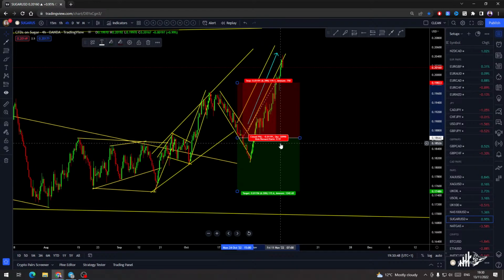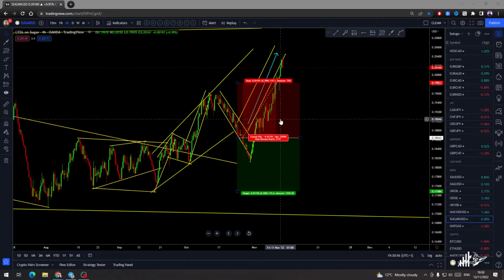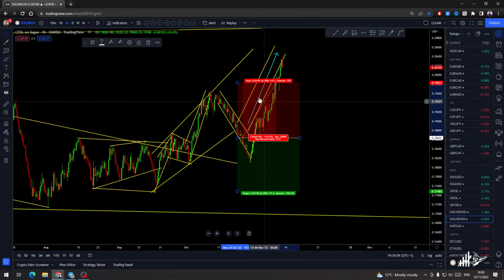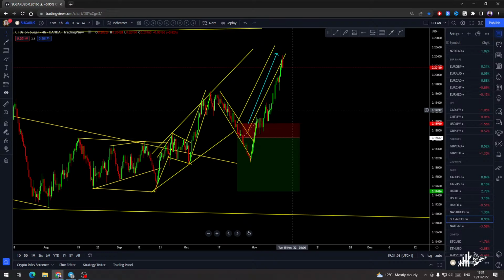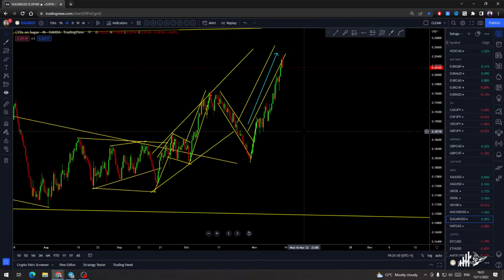Keep in mind that risk to reward is very important, and where you put your stop loss is very important. If you put your stop loss over there, it makes no sense. Selling there and putting the stop loss over there is nonsense. I hope that you learn from this example, and go watch the previous weekly recording. You will see this example where we were discussing it. You will learn something new. Just go and watch the recording on my YouTube channel or my TradingView profile.